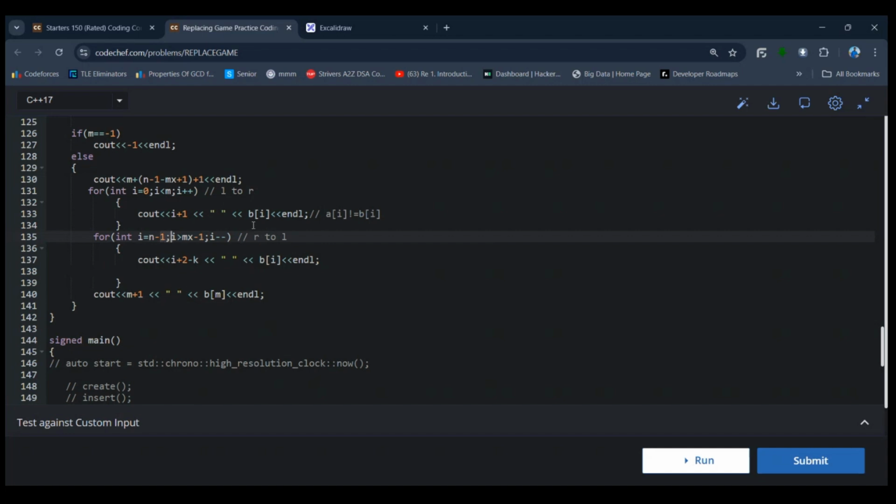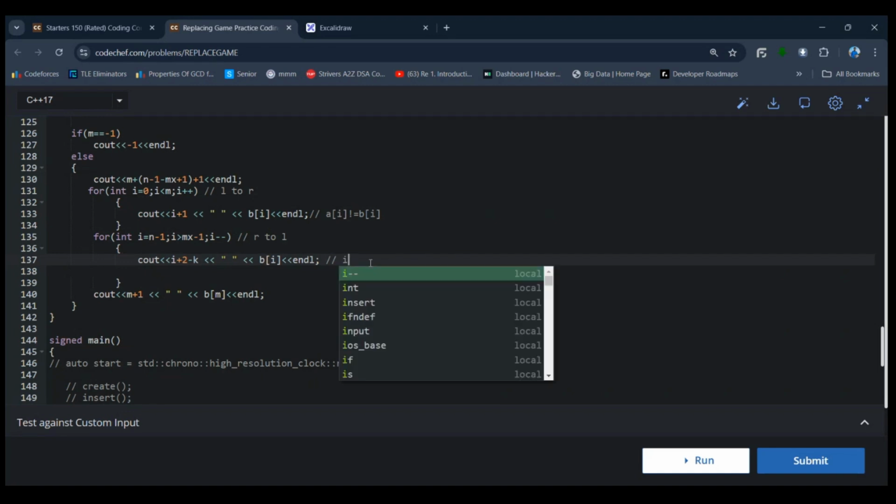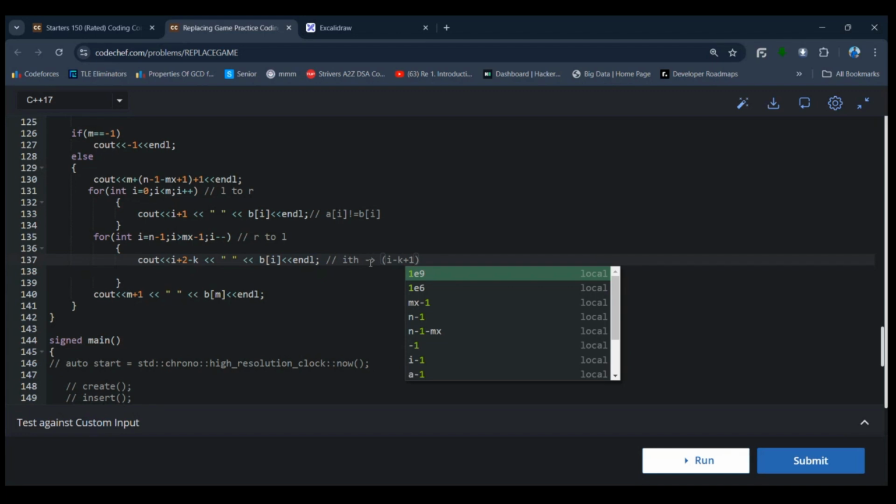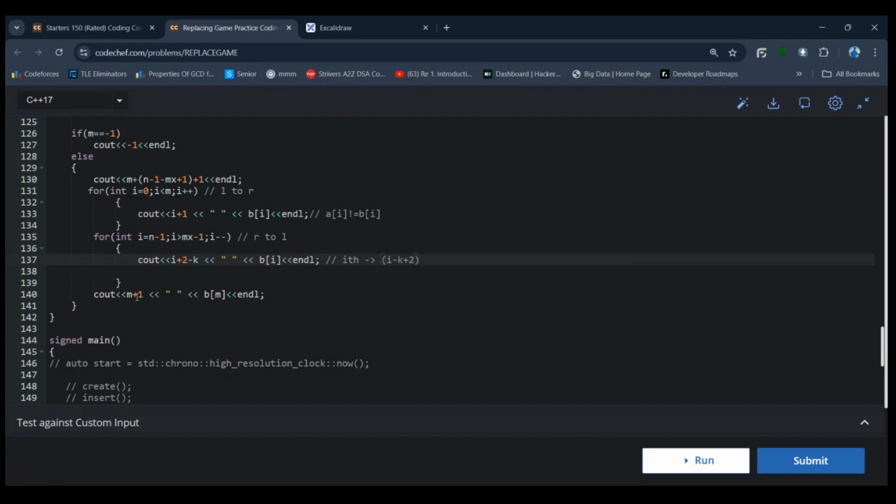Similarly this is moving from R to L, मतलब right to left। तो right to left move करोगे तो n-1 से शुरू करेंगे, मतलब आखिरी index से, और हम this mx -1 तक जाएंगे, i greater than mx -1। So we will move from right to left. And what is this i plus 2 minus k? So it's the same thing जो मैं तुमको समझा रहा था ना, कि if you are on the ith character and if you want to change the ith character, then you need to perform your operation on i minus k plus 1। i minus k plus 1th index पे तुमको perform करना पड़ेगा operation। अब क्योंकि ये one based indexing है, it is as good as i minus k plus 1, that is i minus k plus 2। i minus k plus 2 one based indexing में ये वो index होगा जहाँ पे तुमको perform करना पड़ेगा operation। And bi would be your character।